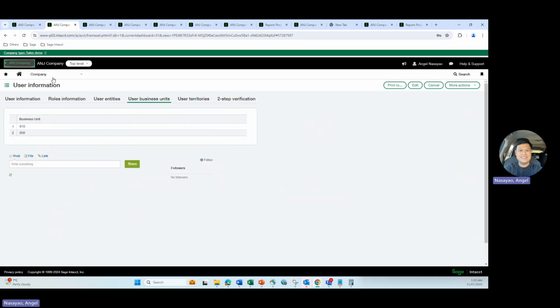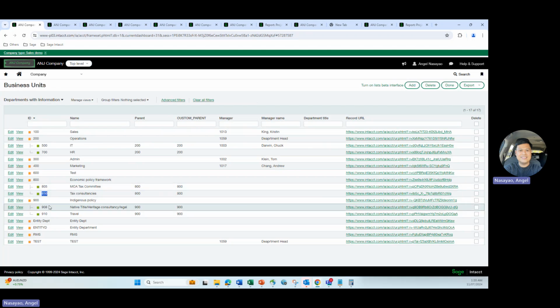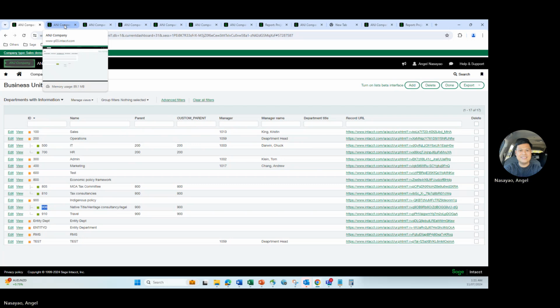So if a certain user, just like this one, has a restriction on business unit that the user can only access two business units, 810 and 908, which are basically child departments. So when you create a financial report, if you're going to have a dimension group that you would like to restrict or filter based on business unit, this user will only be able to access